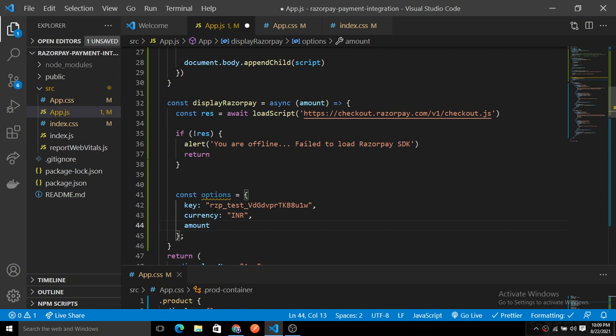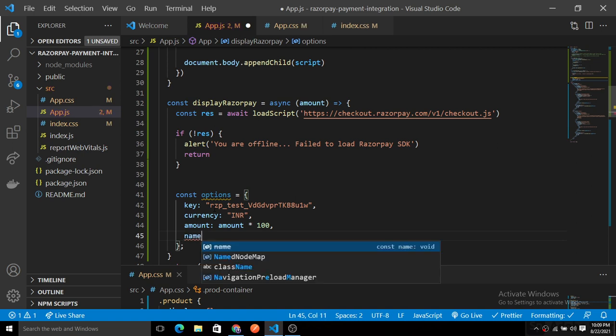If you are using USD, then it takes the amount in cents. So here you just need to multiply it by 100 to convert it to rupees or dollars. So here we simply multiply the amount by 100 to convert it to rupees, right?